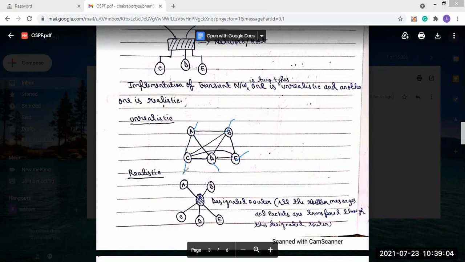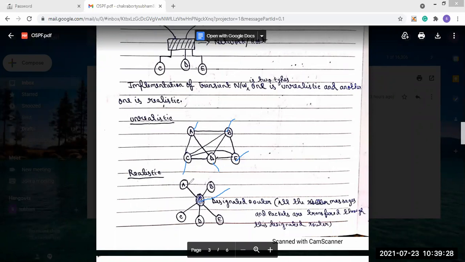And for realistic, there will be a designated router present. Through this designated router, all the messages and packets are transferred.